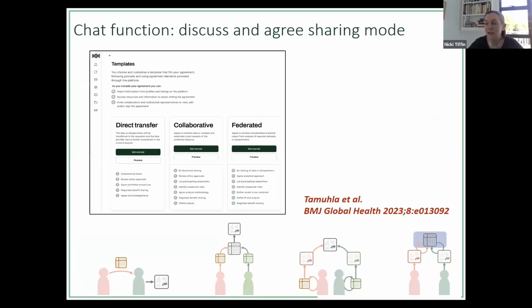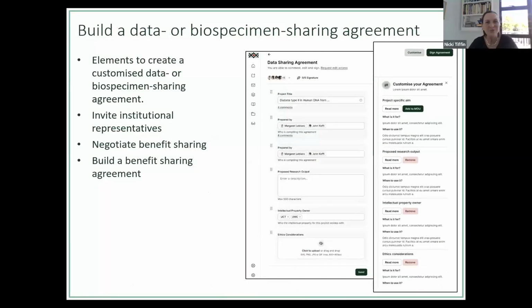And this is particularly of interest when you have these kinds of legacy data sets. I can't give you my data, or I can't give you my biospecimens, but we can work together. You do the analysis on yours, I'll do the analysis on mine, and we'll work together to join our findings without ever actually sharing the resources. So we've got a paper out which describes all these different ways of sharing to try and broaden our idea of how sharing might work.